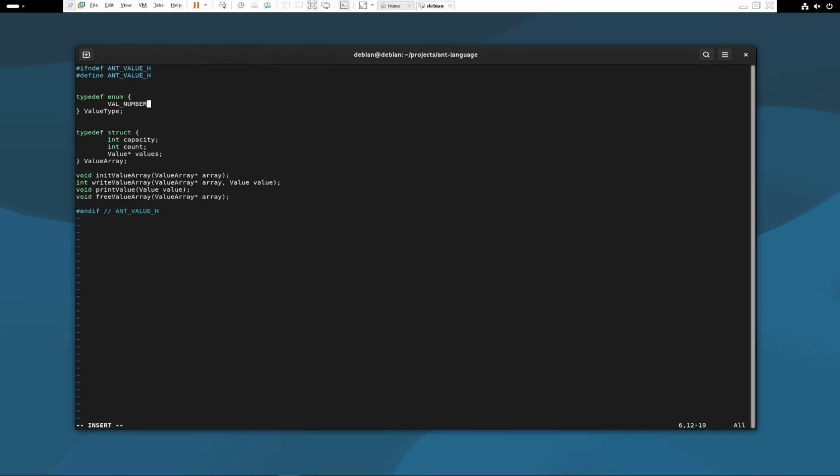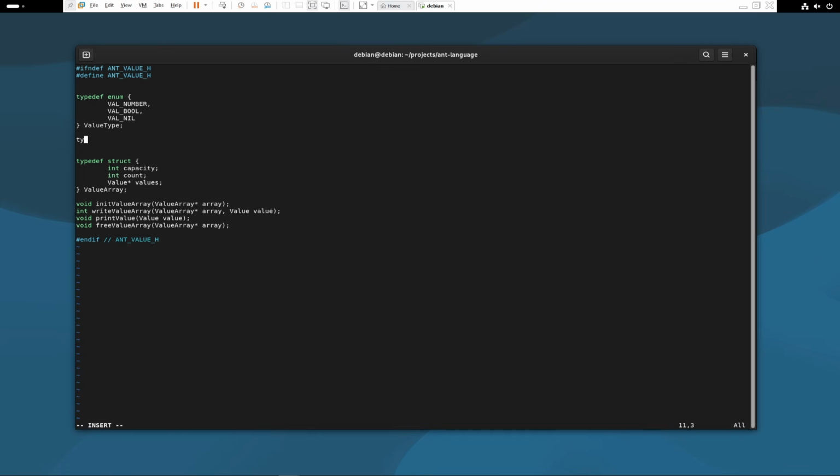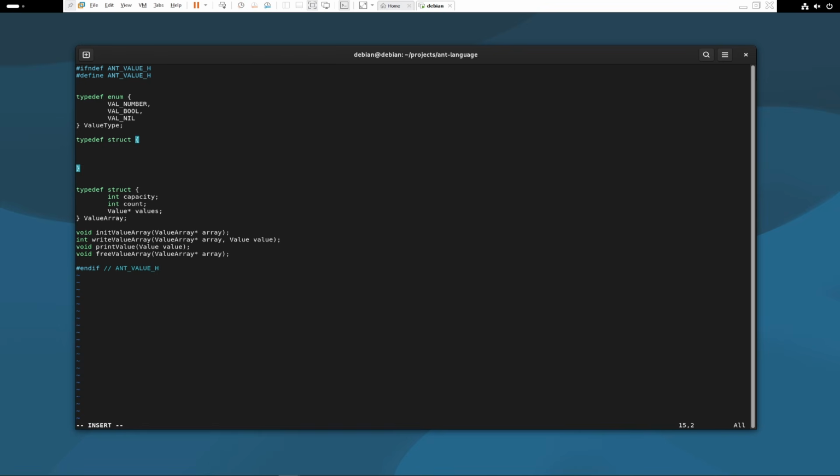The value type is either a number, a boolean, or nil: val number, val bool, val nil. So now let's create the structure value, struct, and we will keep track of what type is stored, and we have a union. We will use a union,